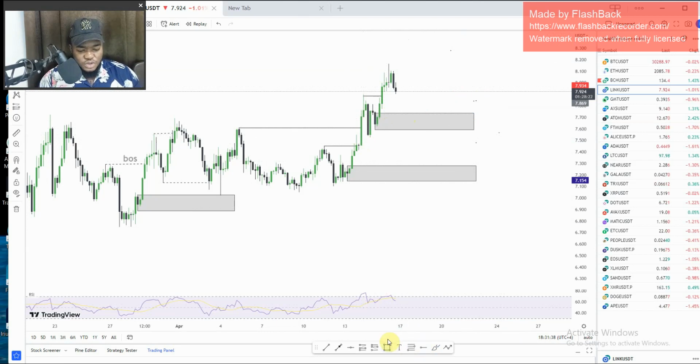So this is a structure, this is a structure, this is a structure here. Now what else do we do? If price came back here without touching here and broke out this structure, let's say for example, listen to me, price does like this, and like this. If price broke here and goes up again,